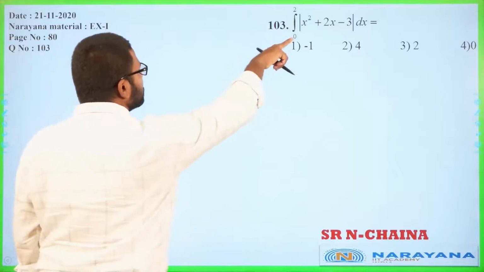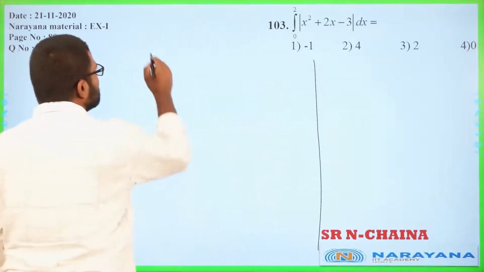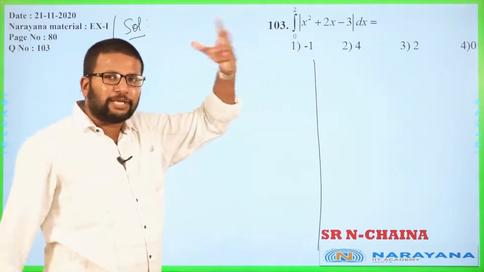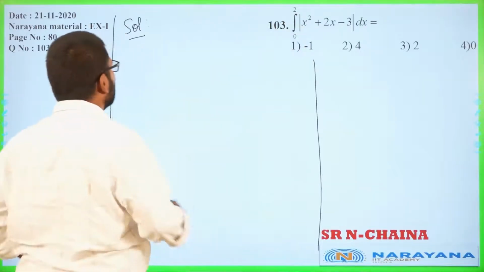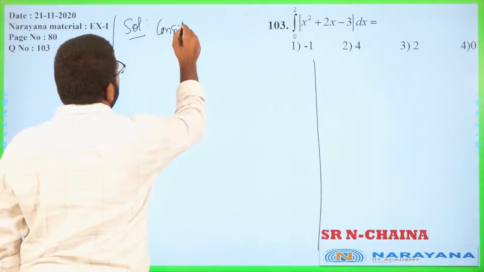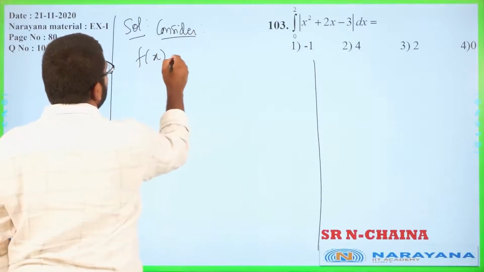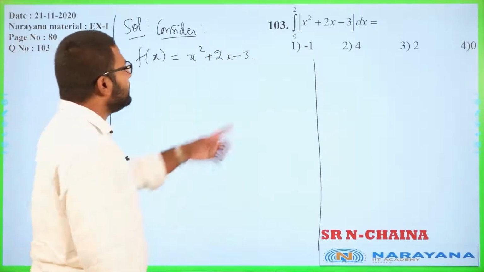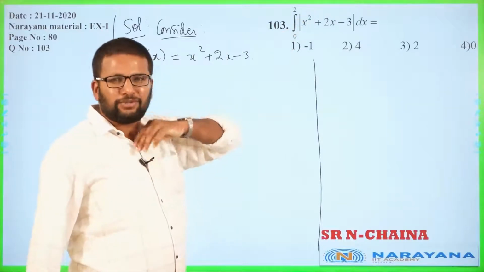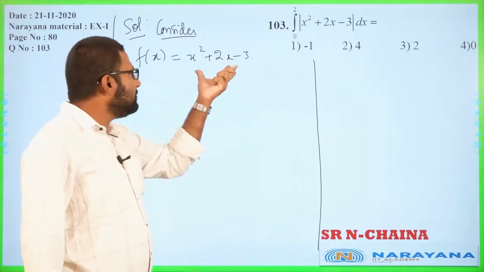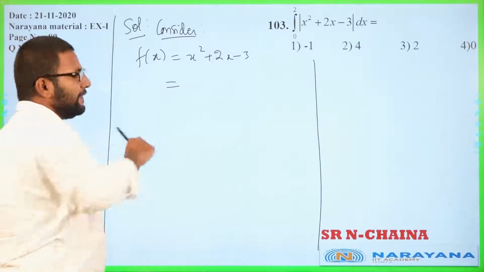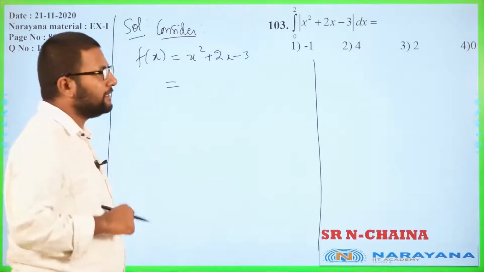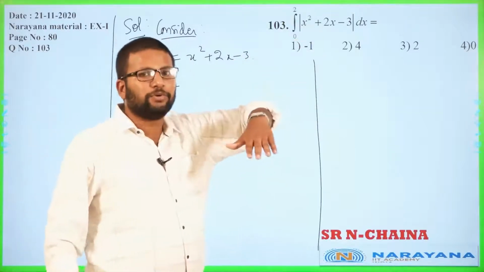Integral 0 to 2 of |x square plus 2x minus 3|. Now when we see questions like this, quadratic expressions, you have to be a little bit careful because it takes a little bit of time to think when it is going to change its sign, right? So we will start by considering this f(x), the innermost function x square plus 2x minus 3, right? You check at the endpoints. Actually with a quadratic it's not a good idea to check at endpoints, so don't do that. Try and simplify the function, okay? If it is factorizable, factorize. If it is not factorizable, then complete the squares. One way or the other, ask yourself where it is going to change its sign. Naturally it's going to change its sign at its roots only, no?